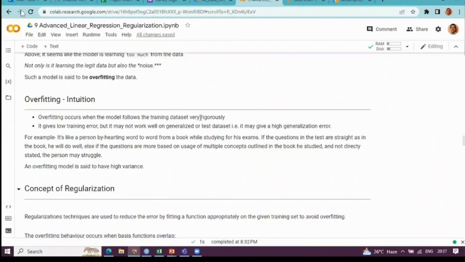So in the training data set, every observation is given specific attention, not a general one. What we want our model to do is generalize the data well. Generalizing is not equal to mugging up. Generalizing is developing broad patterns in the data. Whereas if I go with a multi-layered or multi-degree polynomial, it is as if I am giving special attention to each and every data point separately, not on